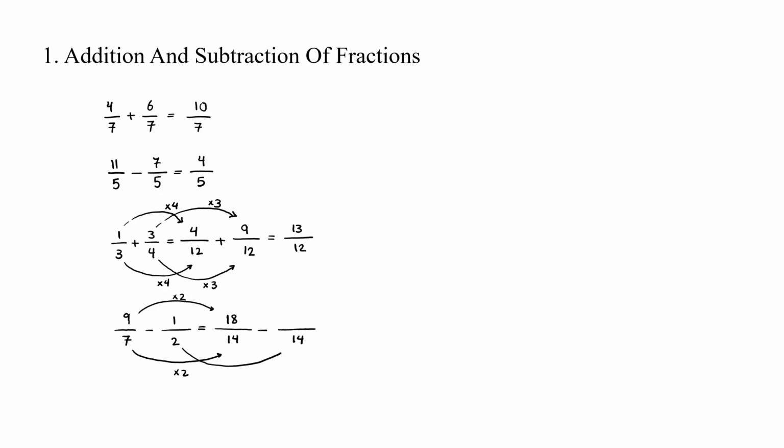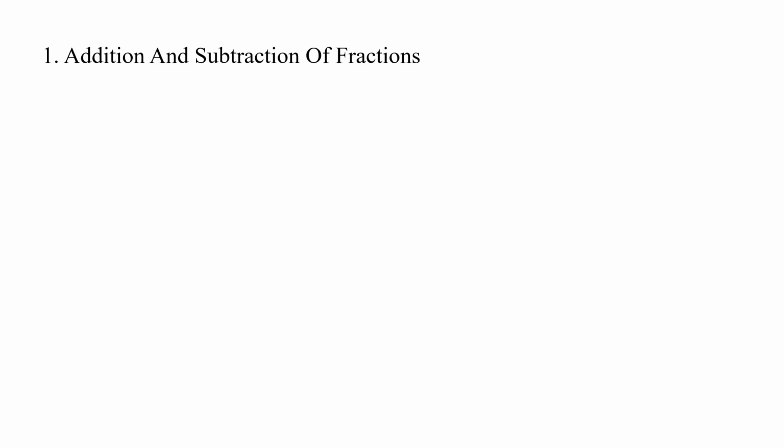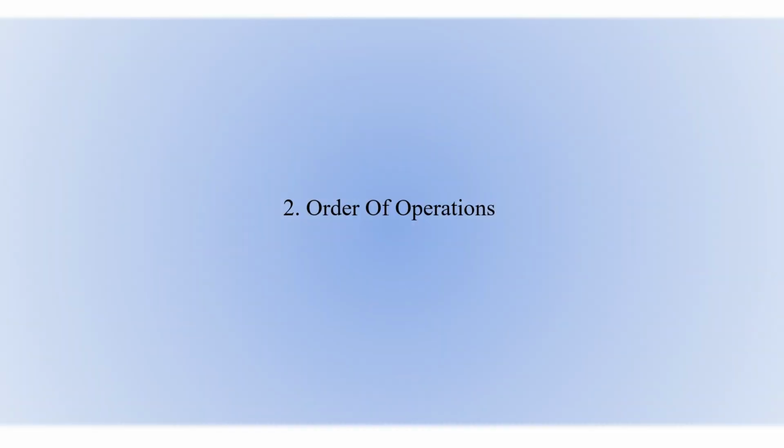Then 2 is multiplied by 7. So 1 times 7 is 7. 18 minus 7 is equal 11 and 14 in the denominator. That's it. The second problem and the second mistake that a lot of students lose easy marks on that is